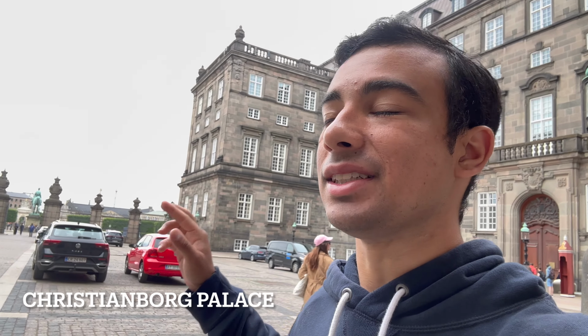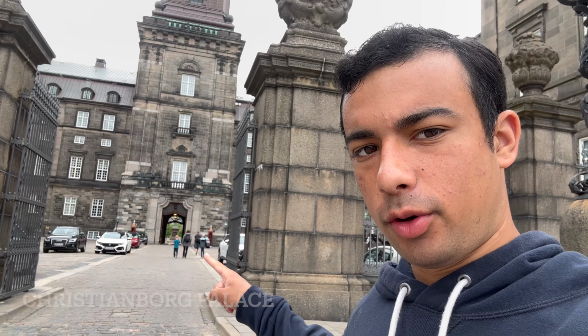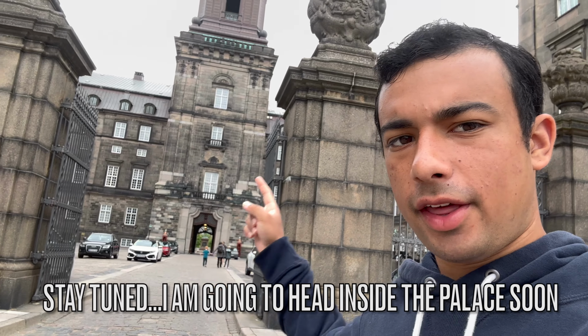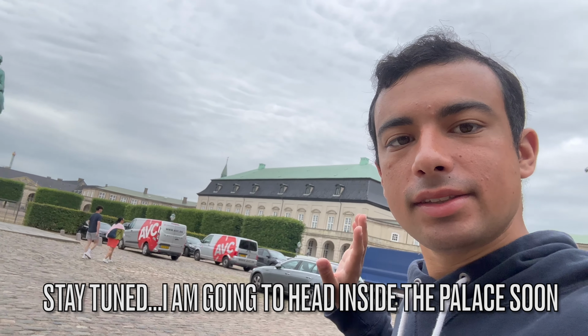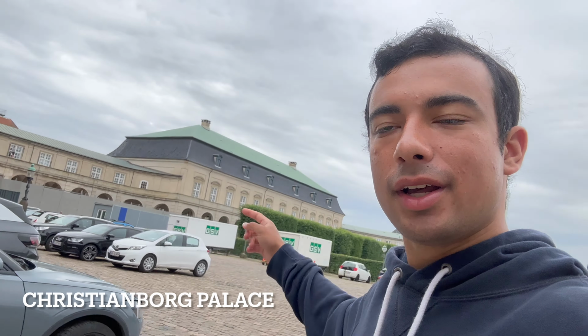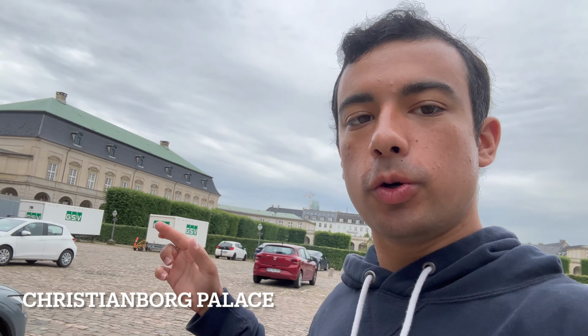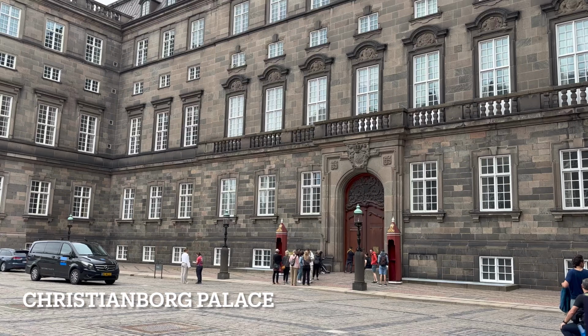Yeah, this structure, oh my God, this is big. Wait, so at first I thought it was just the front. Then I walked through that entranceway right there, and I thought it was just this, but now I'm walking out into this area, and it's still going. It's still going. All these buildings are all part of it. This is a huge and stunning palace and just overall complex. It was built in